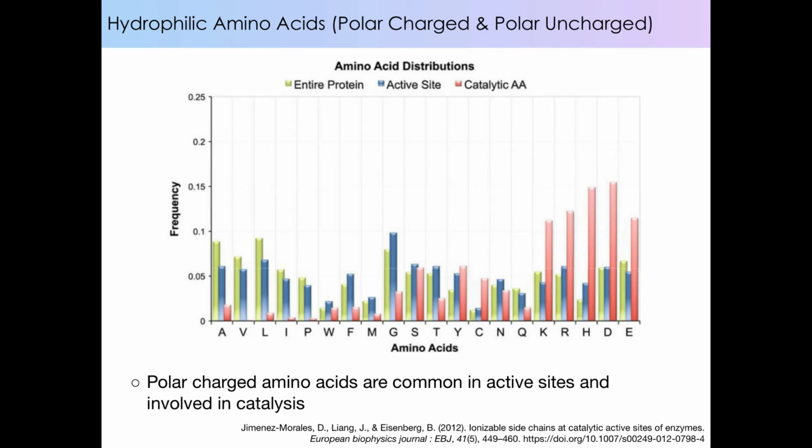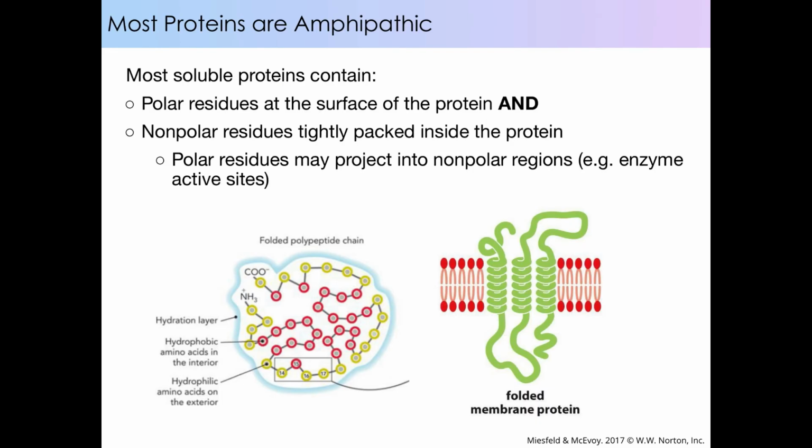The charged amino acids here are the last 6: lysine, arginine, histidine, aspartate, and glutamate. As you can see, these are the most common catalytic amino acids. To summarize, most proteins contain both hydrophobic and hydrophilic amino acids. They're amphipathic. In membrane proteins, the amino acids present in the cytosol and those present in the extracellular space tend